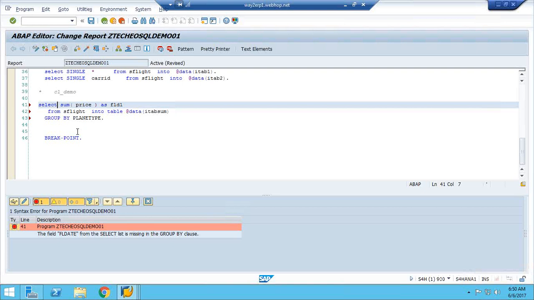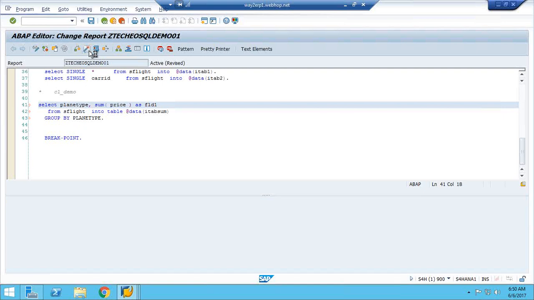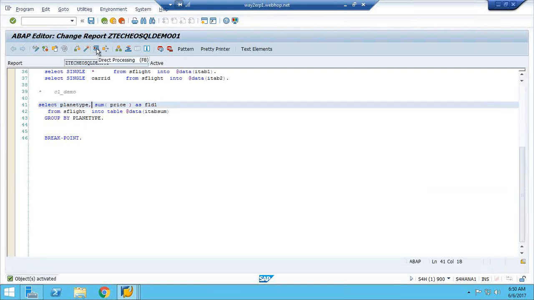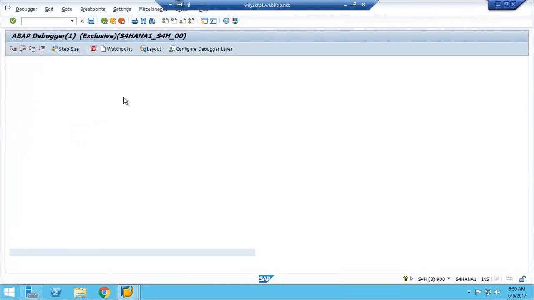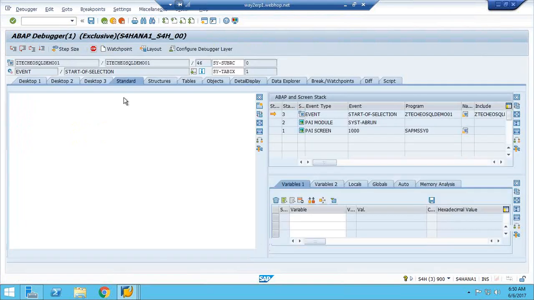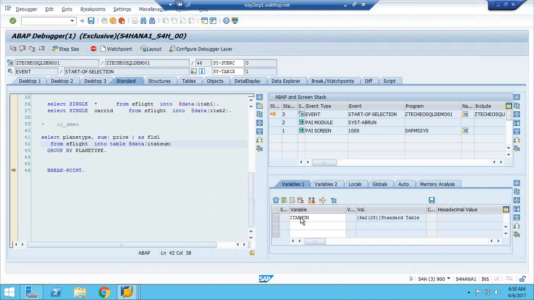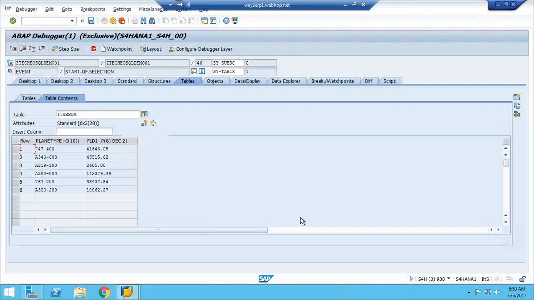So just now, previously those many records were kept. Okay, if you want, you can have count also. There are so many functions.